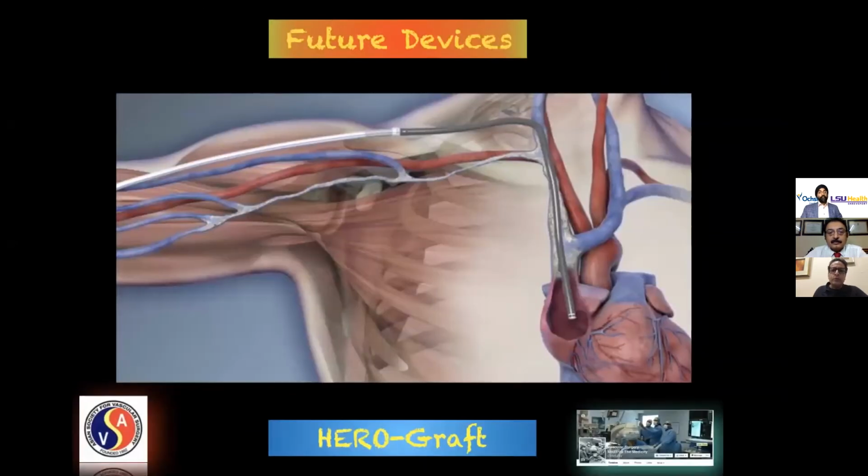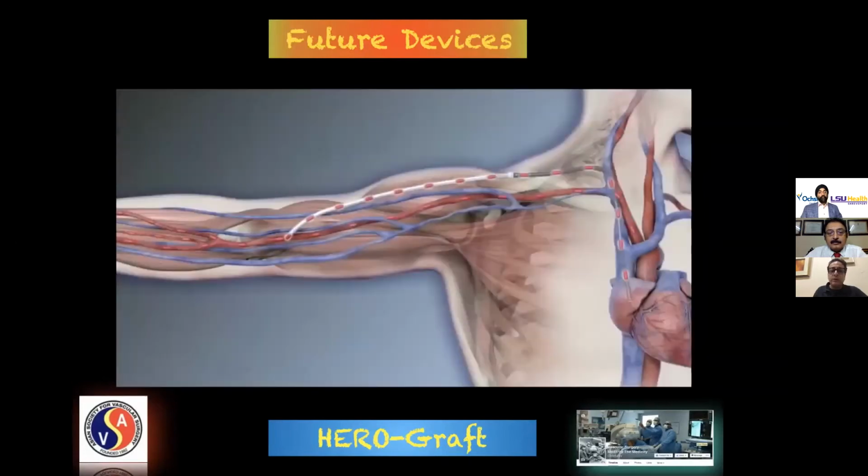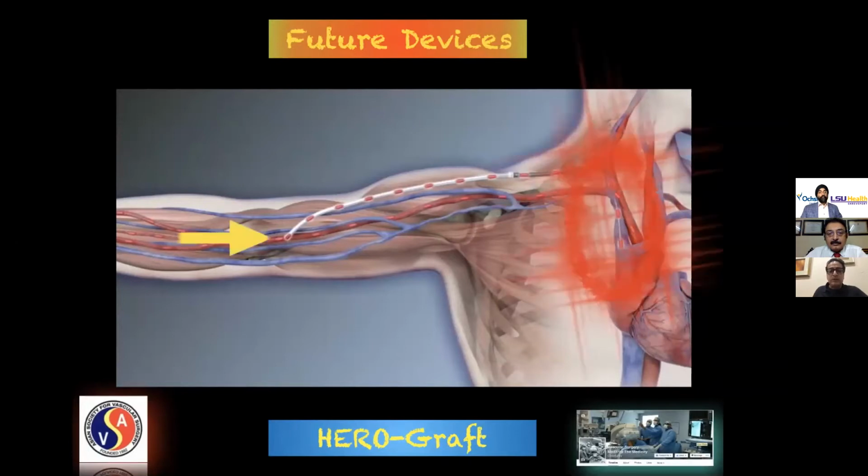And at this stage, I would like to mention the future devices. If these patients have a central venous obstruction and you want to create an AV access, then you can opt for a HeRO device, where you can endovascularly treat the central venous obstruction and stitch the graft onto the brachial artery. So you have an AV graft in a patient who has been suffering from central venous obstruction.